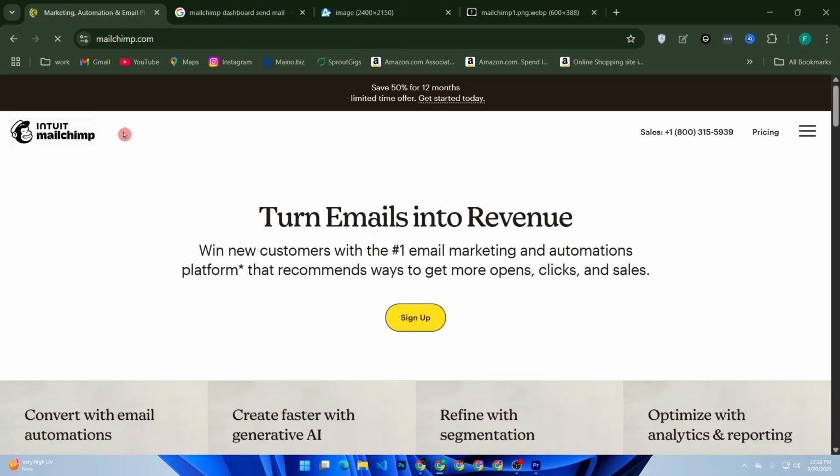Pros of using Mailchimp. User-friendly interface: drag and drop email builder makes it beginner friendly. Free plan available: great for small businesses or beginners with up to 500 contacts. Built-in templates,